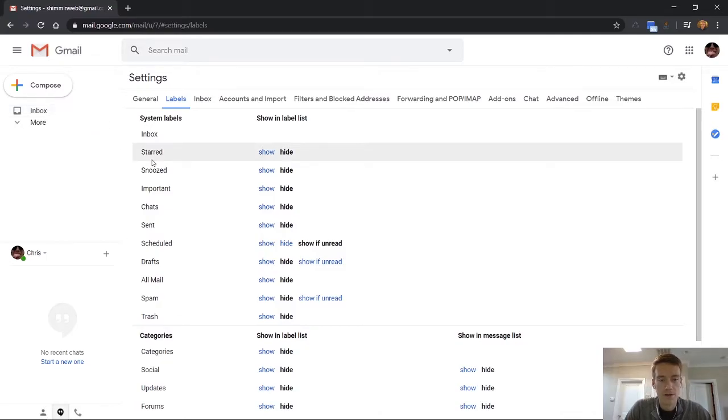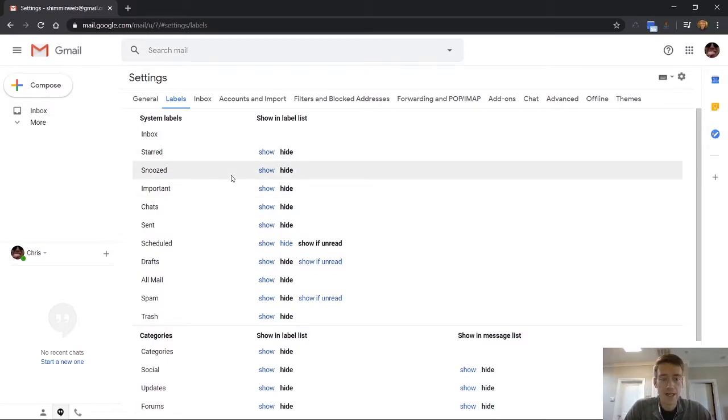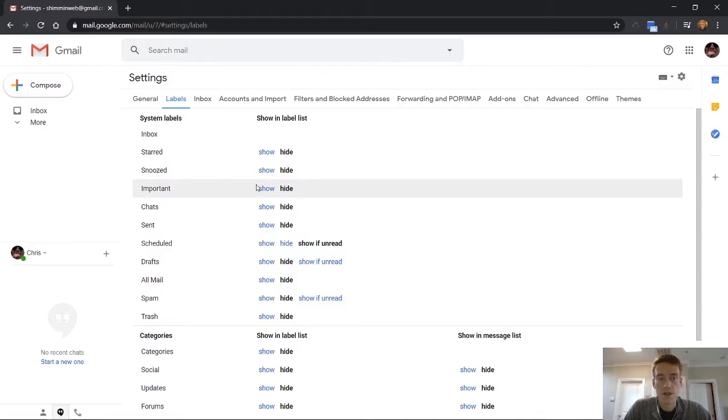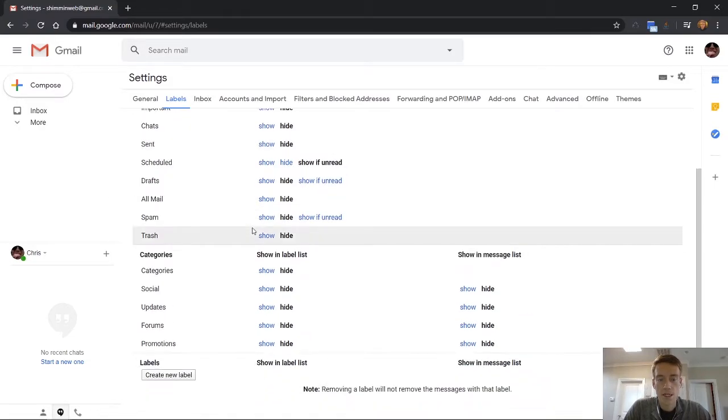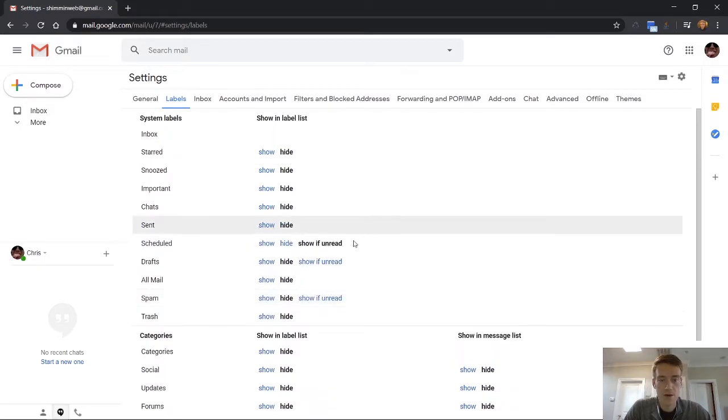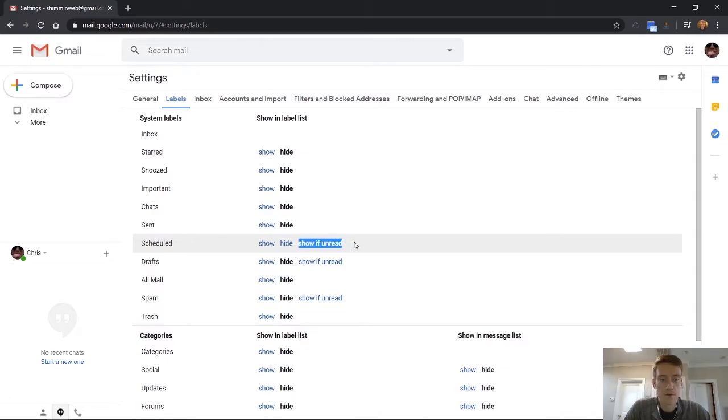So with that being said, I think one of the best ways to organize your Gmail is to only show a specific label when it needs to be looked at. So that being said, you have these, show if unread. Spam, show if unread. I always have that on, show if unread, because